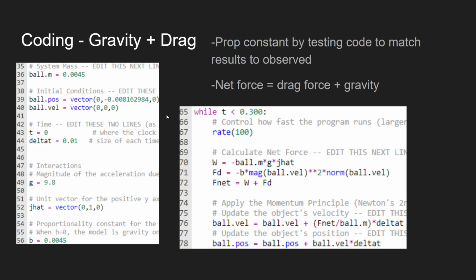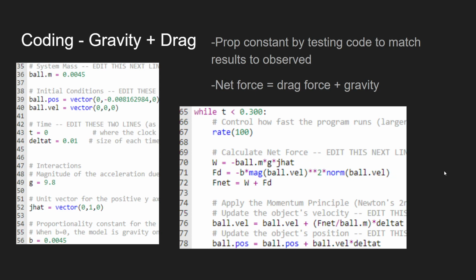And then when you account for drag, it is basically the same, except now you have the proportionality constant, which is derived by just playing around in the code for a while until it matches the observed results. And then the net force is derived from the gravity and the drag force this time instead of